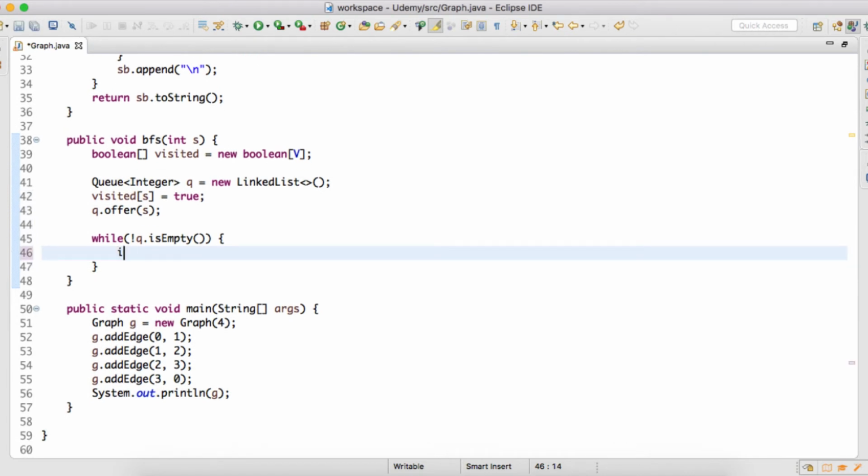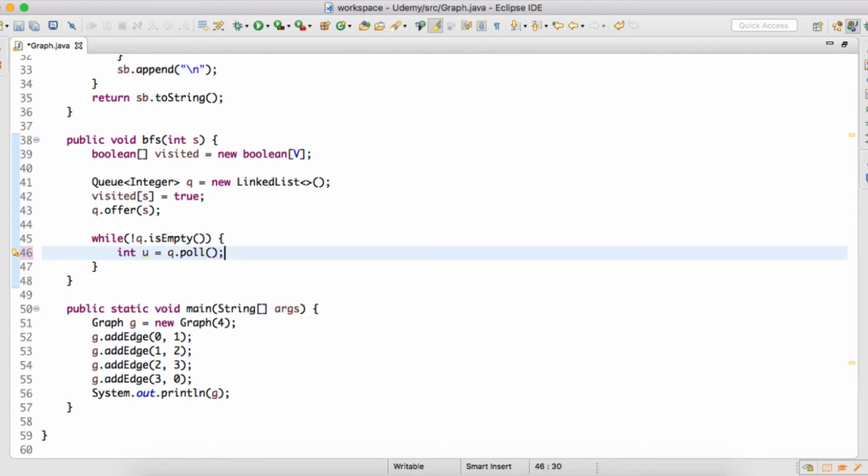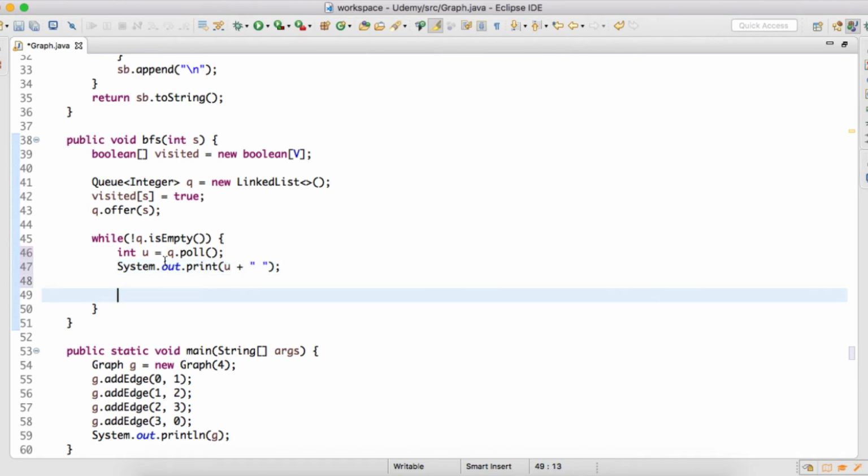In the first step, we poll an element from the queue, and after polling the element from the queue, we print it on the console. Whatever element we have polled from the queue, we then traverse its adjacent nodes, which we discussed in our previous tutorial.